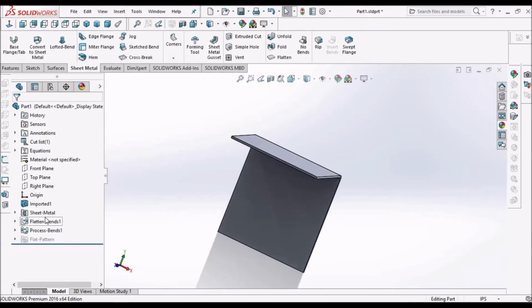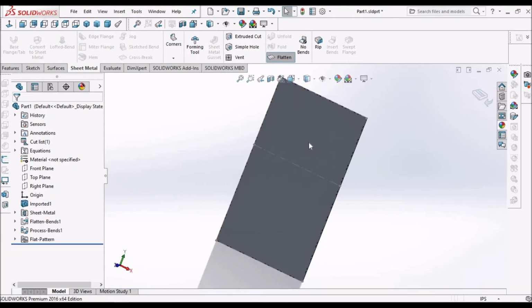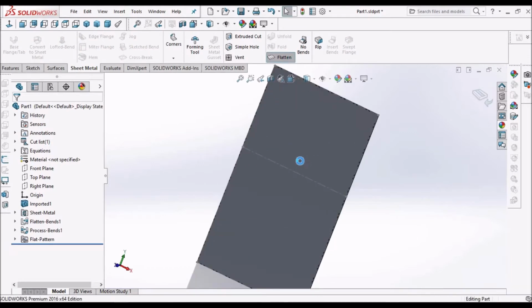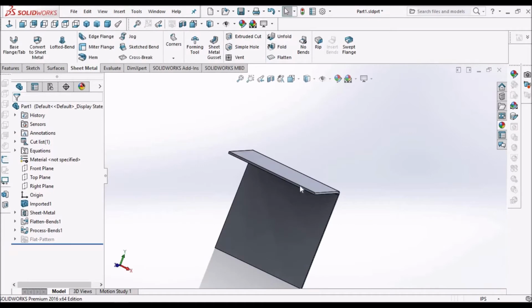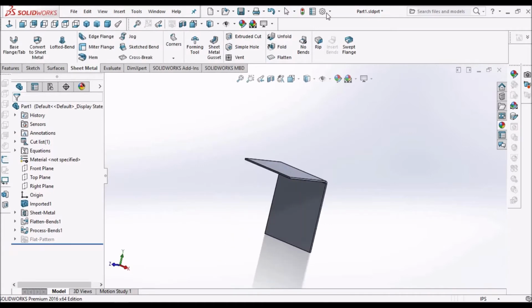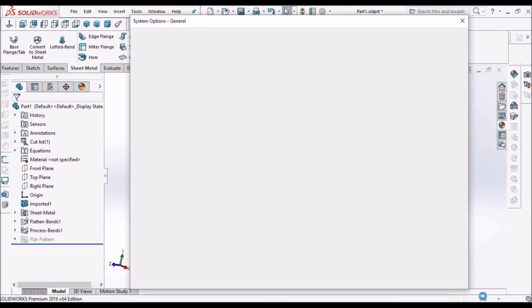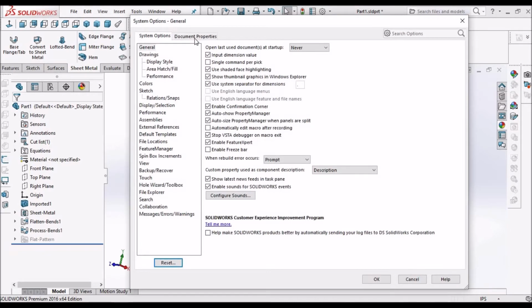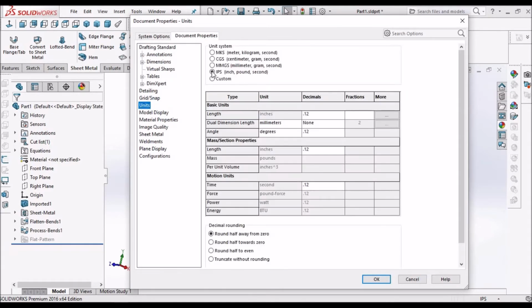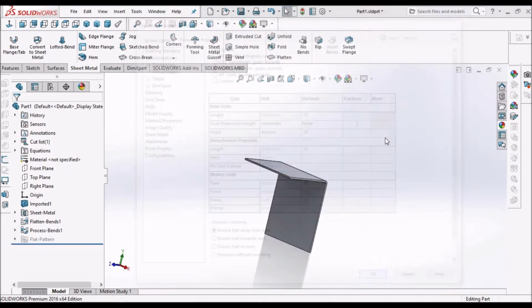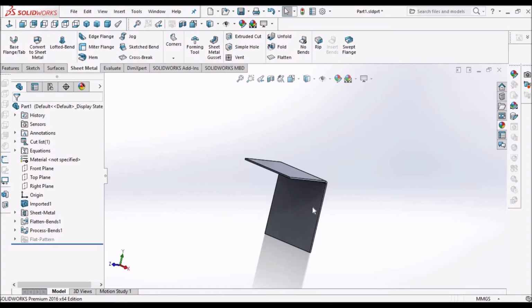See, now it is converted into a sheet metal component and I can flatten it. Here, whenever we import any feature, one more thing we have to see is that it takes the units as a default option. Like here it is showing IPS, so we have to choose whichever we want. Say OK.